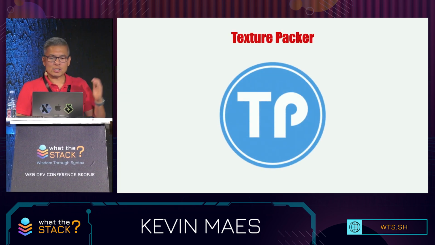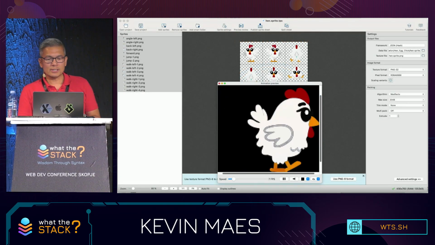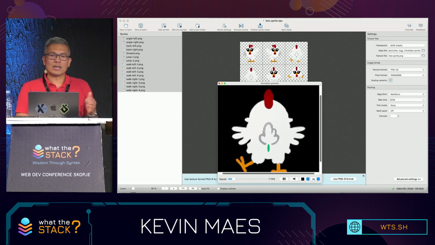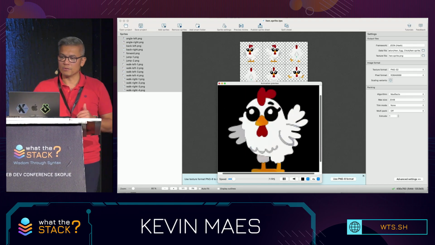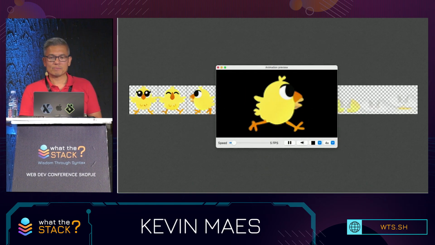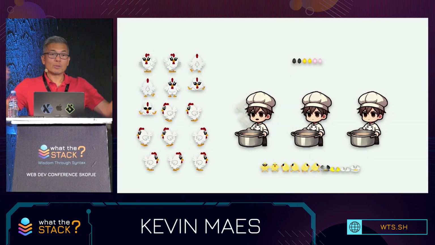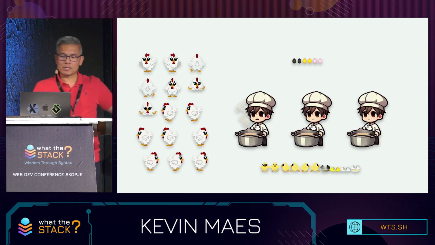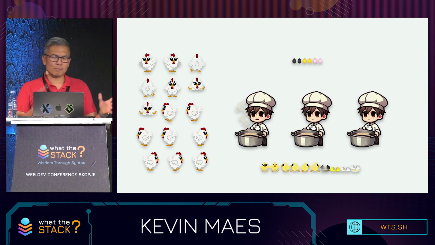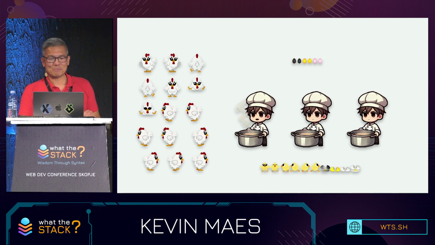Okay, the next step is to create sprites. I used a software called Texture Packer, which is specific for this need. And it's very easy to use. You drop in your PNGs, you preview your animations, and sprites can be exported as a combination of PNG and JSON file with metadata for cropping and positioning each individual image. So here's our chick, for example. Okay. All right, so now you have all the character sprites. You could also put them all together in a big sprite if you wanted to. Now, Logoist and Texture Packer, I should say they are paid apps, but they're actually relatively reasonable. It's like maybe 60 euros for the two together, and you get a lot of features, but I know that it's not free, so sorry about that too.